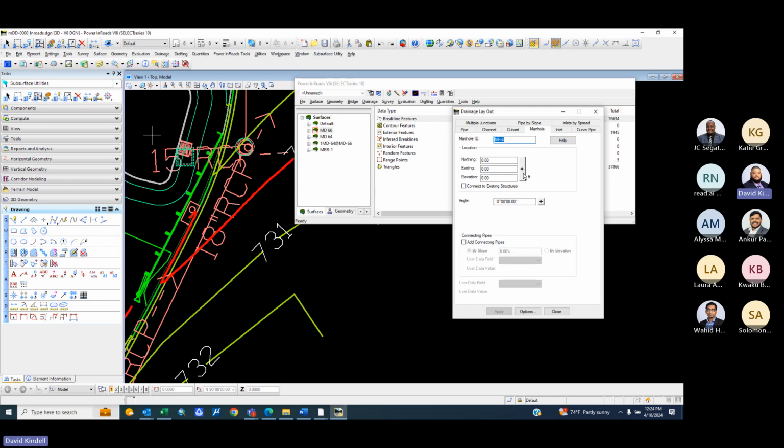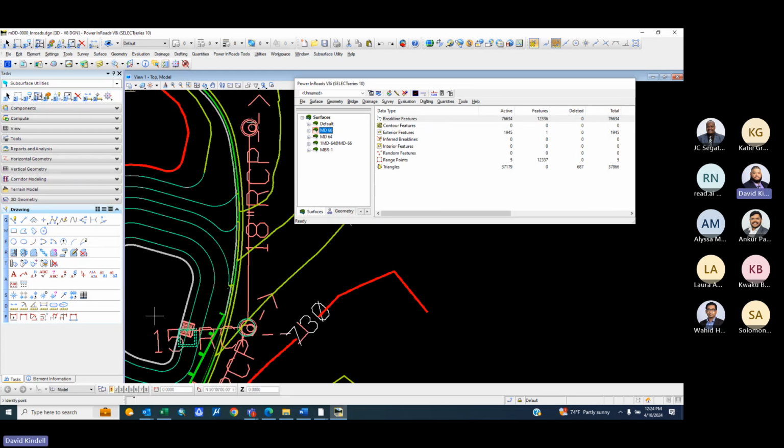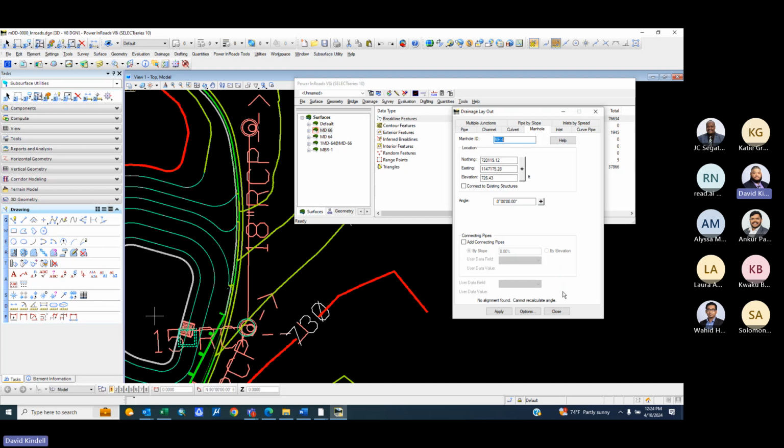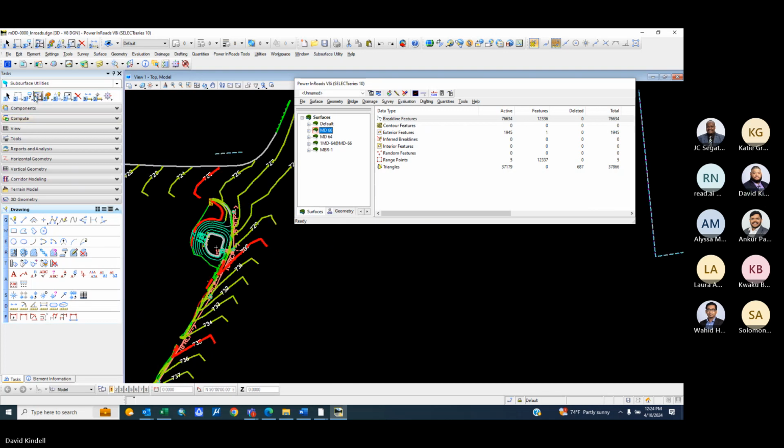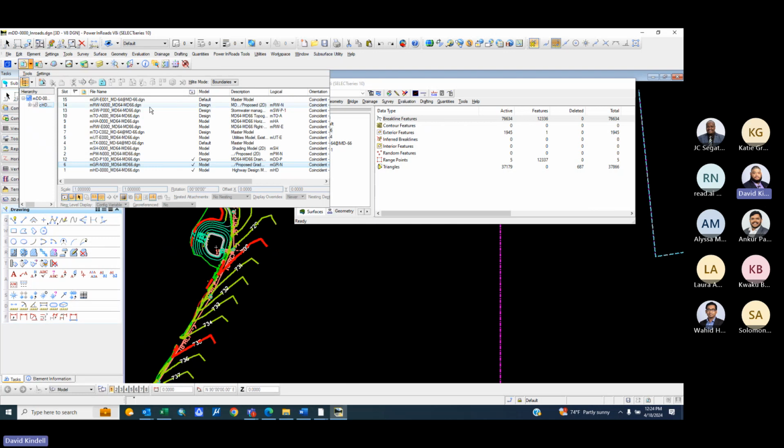And the fourth manhole, which is here, you apply. Okay. So now you have all your structures in. Now it's easy to do the pipes. Okay. So let me turn on all my